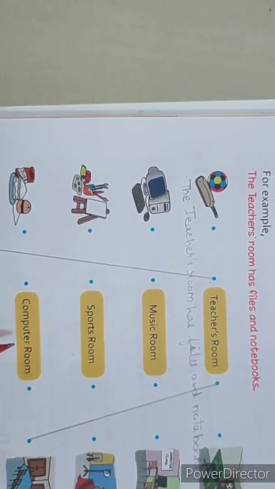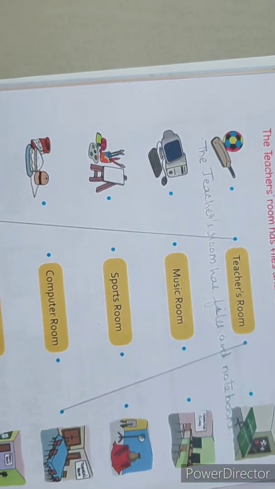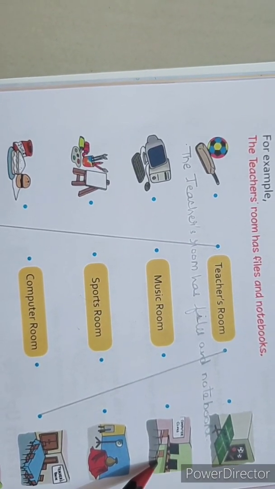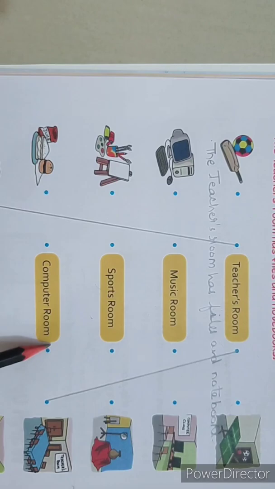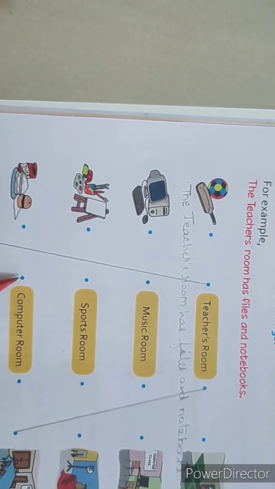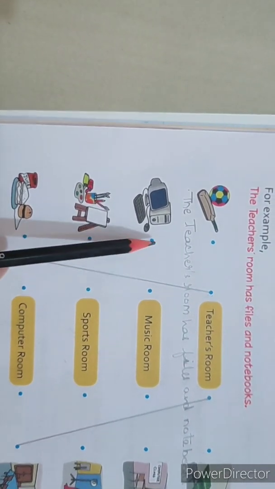Next, computer room. In the computer room, what do we find? The computer. And where is the computer room? On the right hand side. So this is the computer class. It is written over here, computer class, and two computers with chairs and tables, and this is kept on a table. So you can identify that this is a computer class, that is a computer room. With the computer room, from the right hand side, you will match on the right side. From the left side, you will match on the left hand side. All right. With the computer room over here, from this dot you will connect to this dot, and from this dot you will connect to this dot.